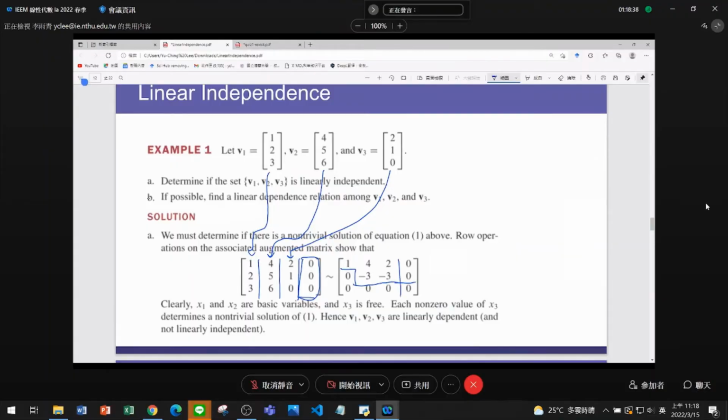And we find out that x1, x2 can be claimed as basic variables because in the last row, we write x3 equals to x3. And it means that x3 is a free variable. If you observe an equation x3 equals to x3, then that variable becomes a free variable. But for x1 and x2, they are both basic variables. So each non-zero value of x3 can determine a non-trivial solution. Like we do not need to